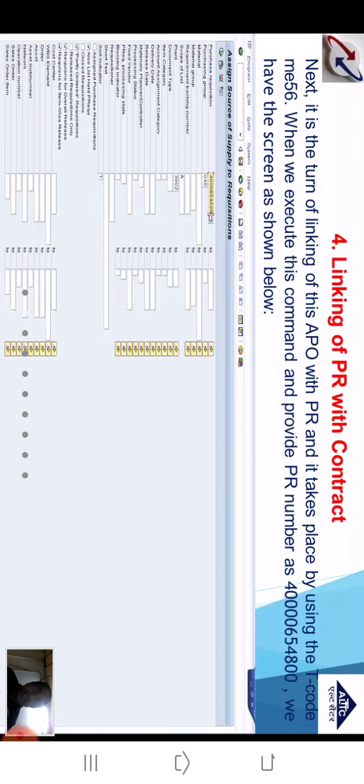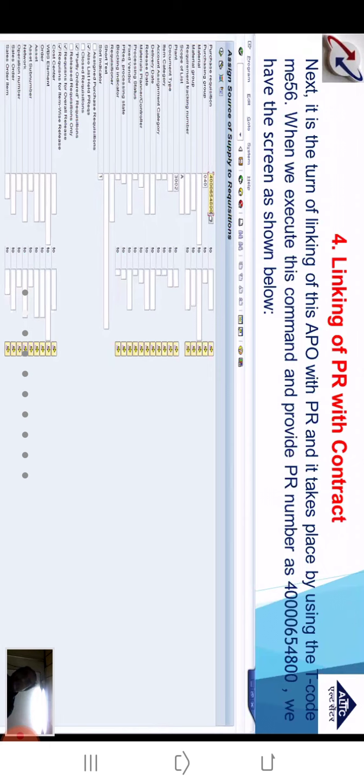Now over here, where are my service details? Service parameters are actually available in PR. And where are my vendor and tax details? They are actually in the contract, APU.